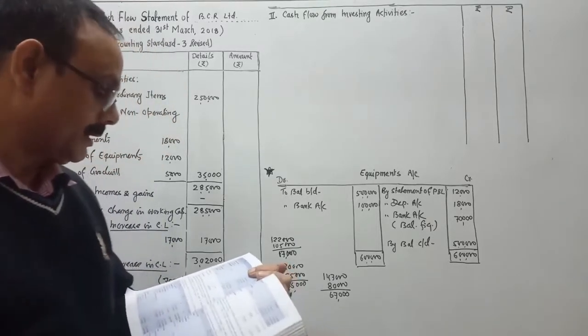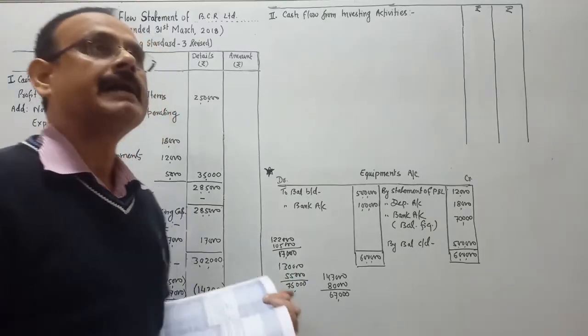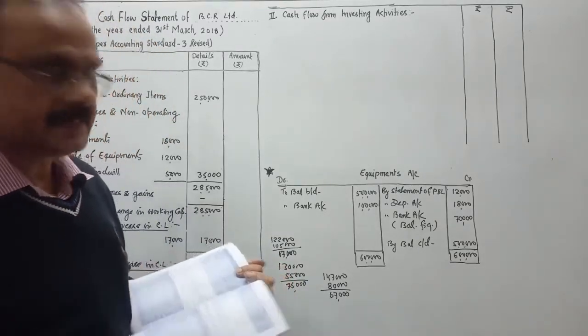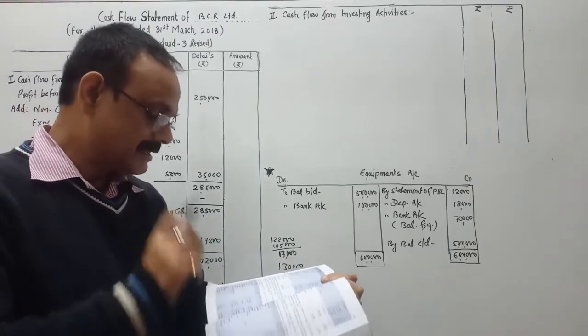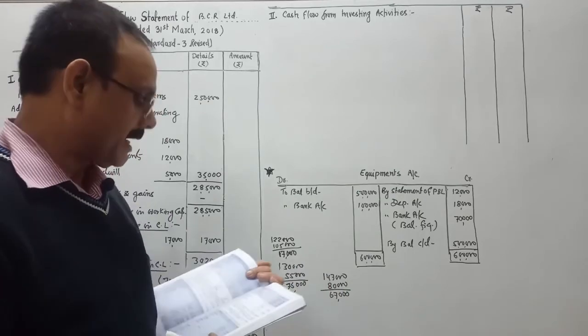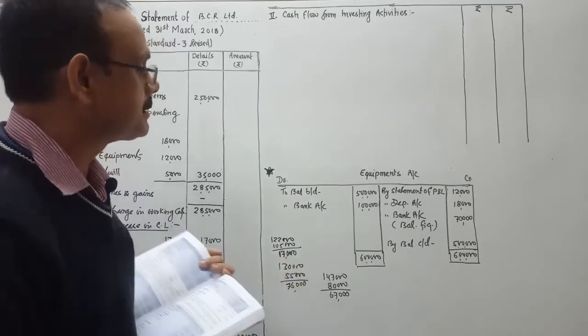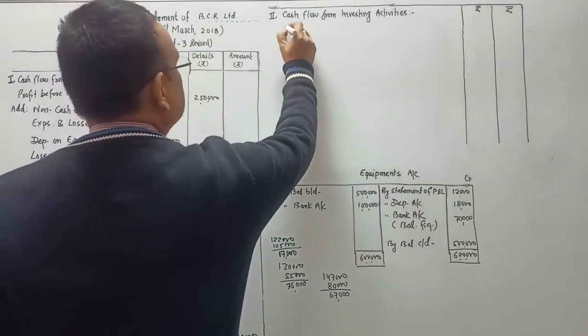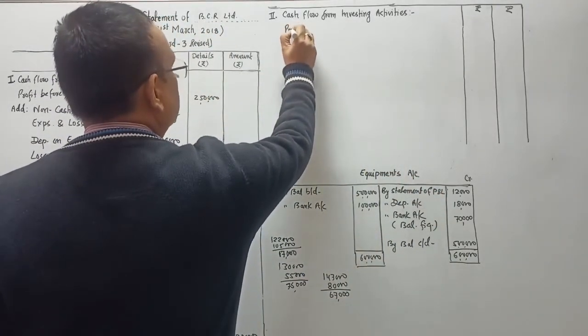So coming to the point, investing activities, for that we'll see the balance sheet. Which side? We'll see the balance sheet asset side. So on the asset side, fixed assets, you see the tangible assets. Under the tangible assets, number one is equipment. So we have sold the equipment. So proceeds from the sale of equipment,